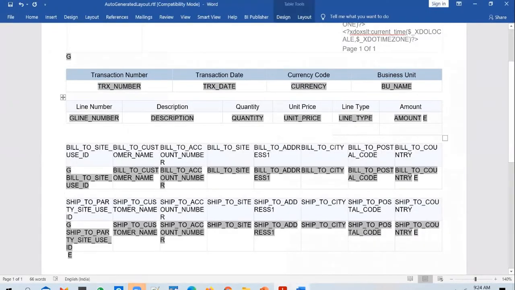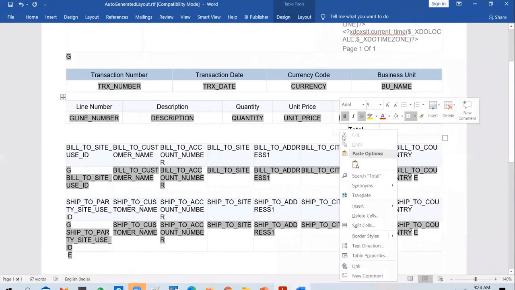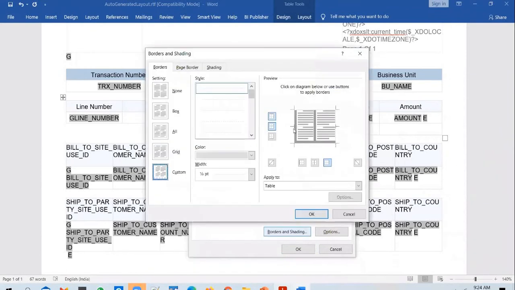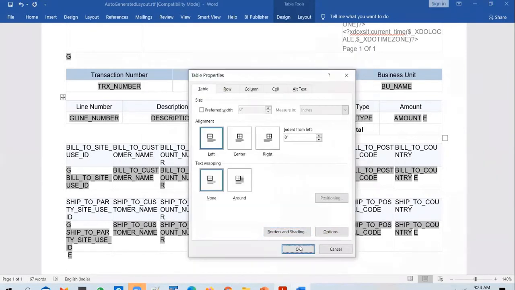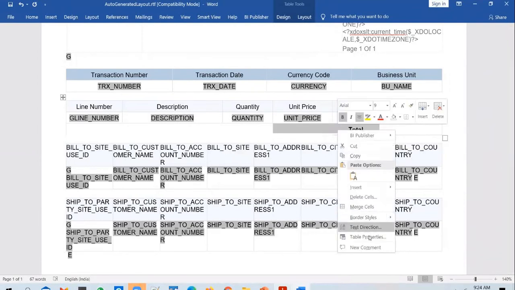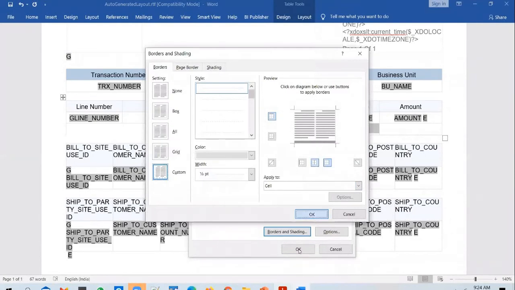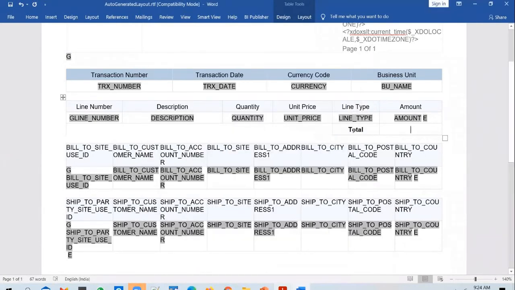Okay. So for this row, again, you type in total and you put it in bold and you add in the total section here. So you select the column and you select the borders again and you enable this border, the left border. You select the table borders and you go to borders and shading and you enable it. And once you enable it, you will be able to see the border. And here, what do I want to print? I want to print the total section here.